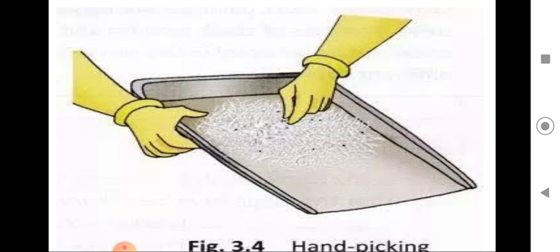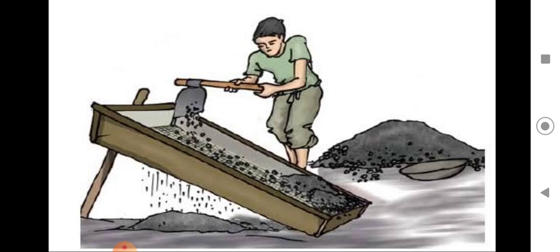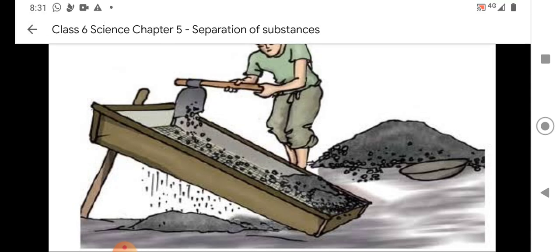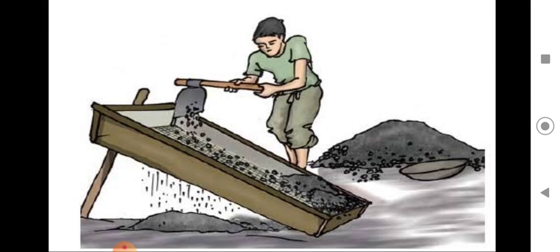So here see the different ways we are following to separate, and what for we are separating: to get the desirable substances. Even here you can see, this is a common thing you will see at a construction site, where they want to get the fine particles of soil, so they want to remove the stones and all from that soil. For that they are separating it by a process which we will be discussing in the class. See here, they are separating, and the separated fine soil is being collected down, and the stones and all are removed.